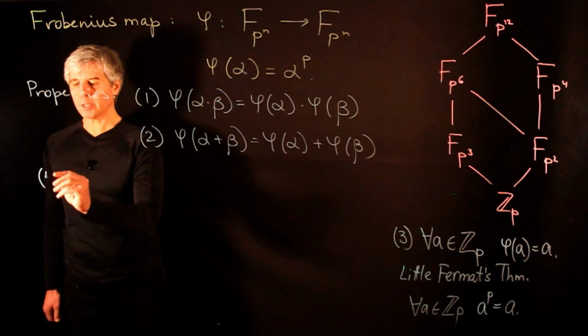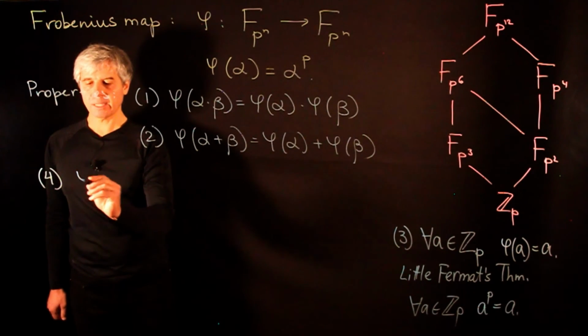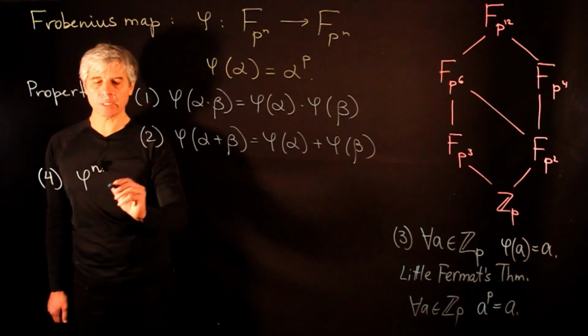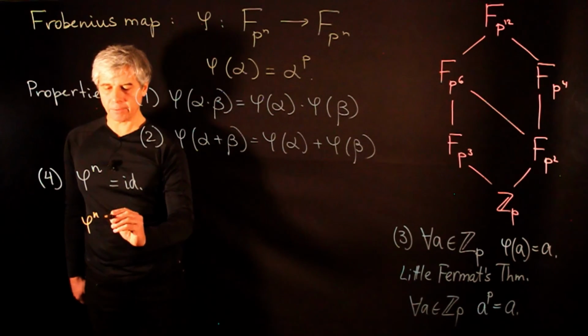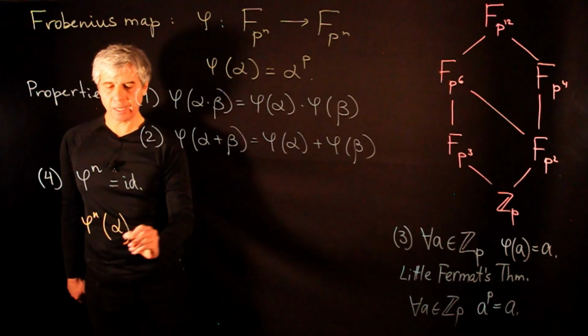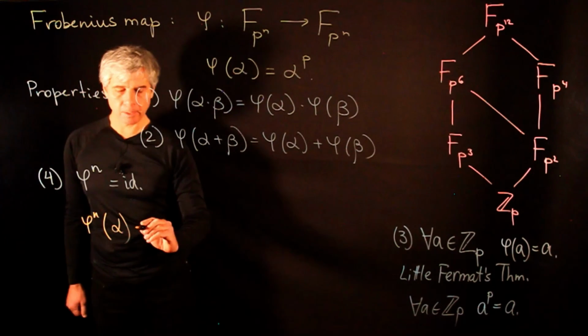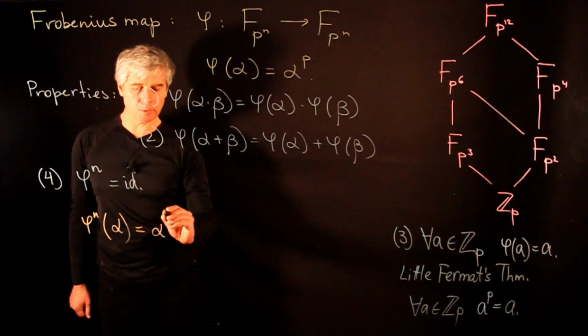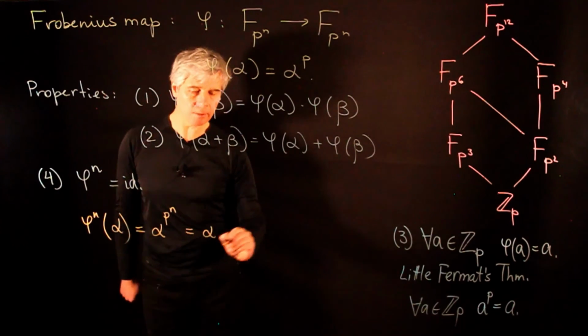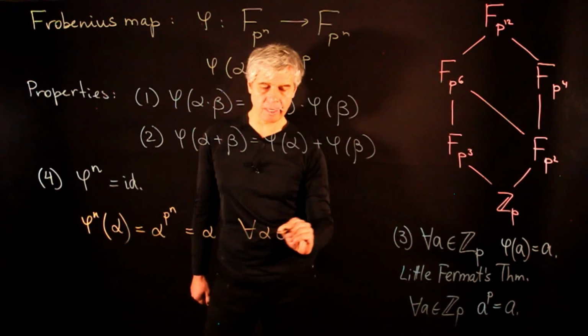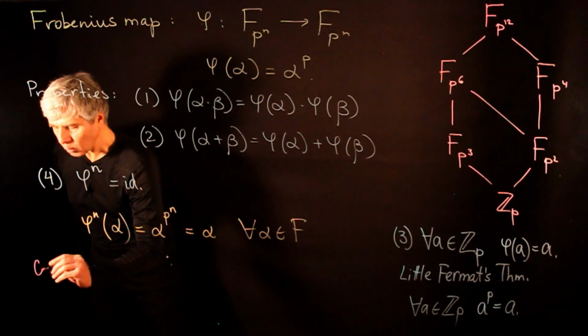And the fourth property of the Frobenius map is that if we apply it n times, then we get identity. So here, if we apply the Frobenius map n times to an element alpha, then we're going to get alpha to the p to the power n, and we know that this is equal to alpha for all alpha in F. As a corollary,